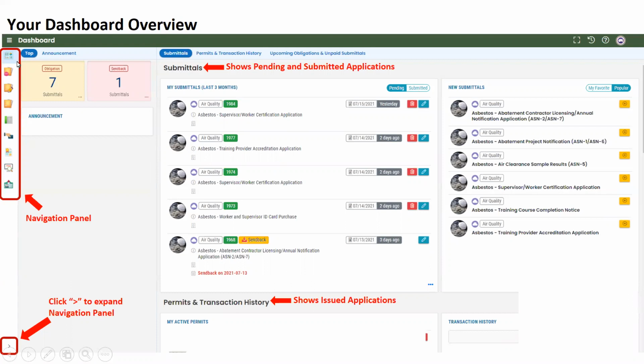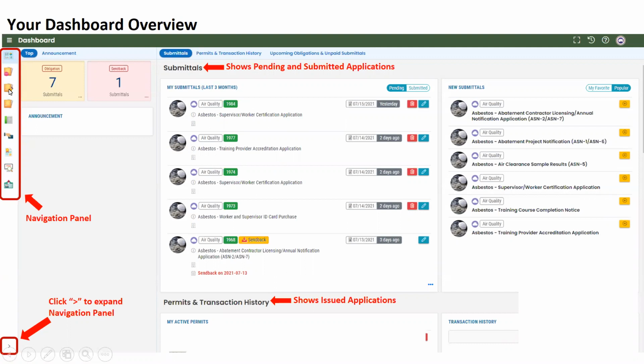On the left-hand side, we have a bunch of things we call quick links. The first one, you'll see this icon up here, will take you back to the dashboard. So anytime you're in an application or in another part of the system, if you want to go back to this main screen, you'll just hit this dashboard icon and that'll get you there. The top one will be a new submittal. So if you want to start a new application, then you would hit that top folder.